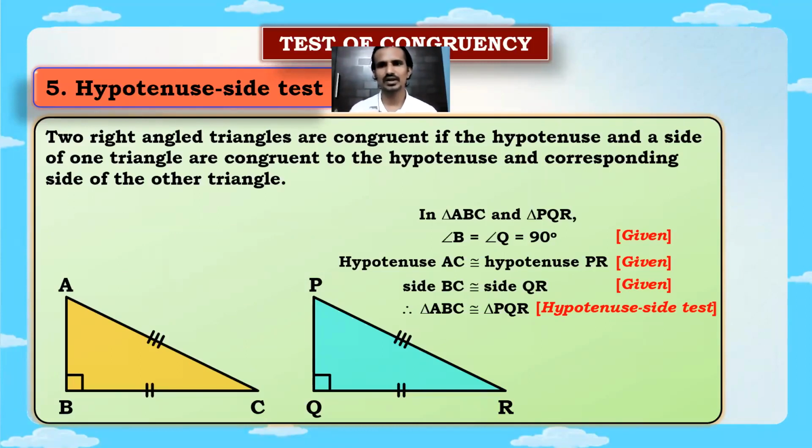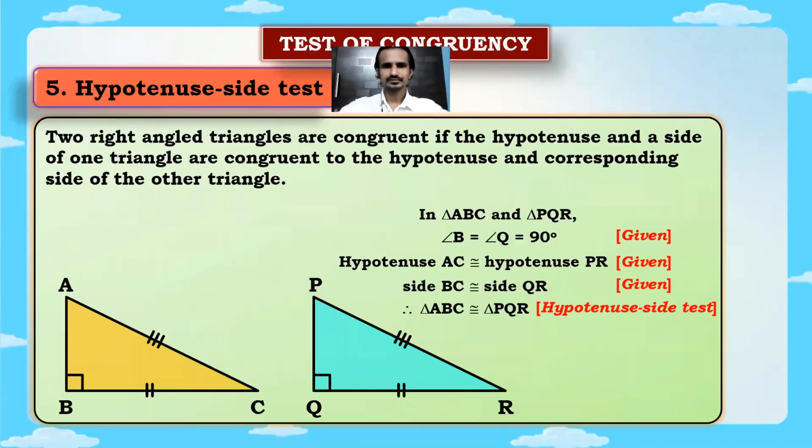Achha, now Kevin has asked me one doubt. Sir, hypotenuse test can also be SSA test. Now remember, Kevin, and all of you, those who are listening, SSA is not a test. It is not the sufficient condition to prove the triangles congruent. Okay, SSA ऐसा कोई test में पढ़ा नहीं है. If we have two sides and one angle, the requirement is the angle should be included angle. Yes, the position in this figure looks like side angle side, but it is not true for other types of triangle. So ये जो test है ना hypotenuse side test, it is exclusive for right angle triangle. It is exclusive for right angle triangle.